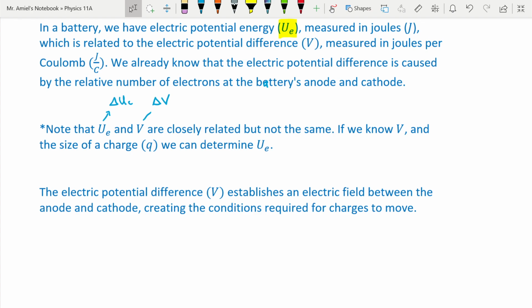Okay, and again, this is because our U sub E is measured in joules, and our electric potential difference, or volts, is joules per coulomb. And again, electric potential difference is the change in the voltage or the change in the joules per coulomb. Let's just make sure that we're aware of that. But if we multiply these things together,